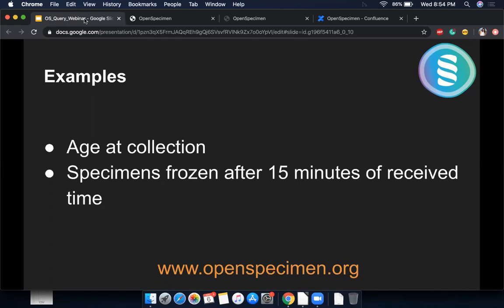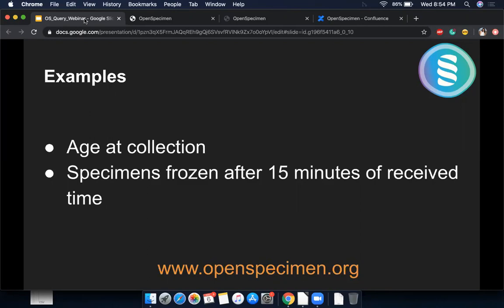The other example, which is very commonly used, is when you want to know how much time the specimen was out of the freezer. From the time of collection, how much time did it take to be received in the lab? How much time was it on the table before you processed it, and was it frozen?